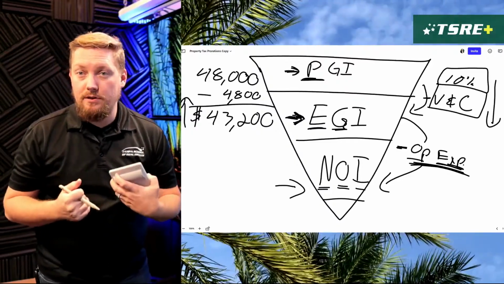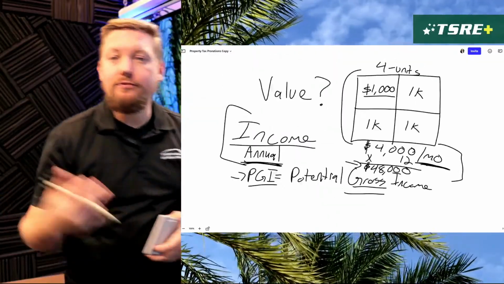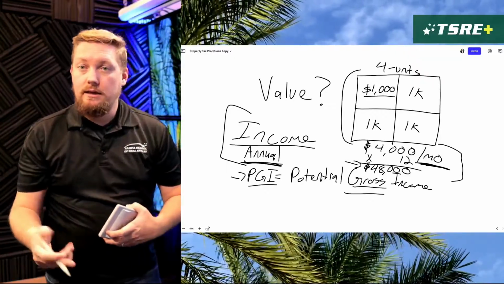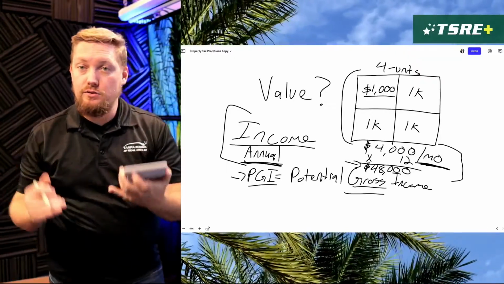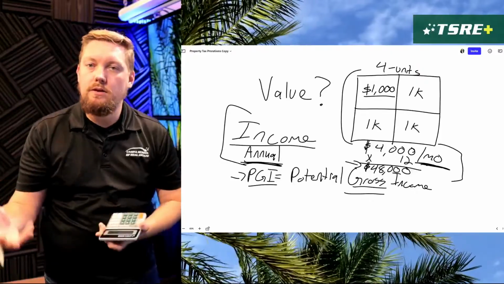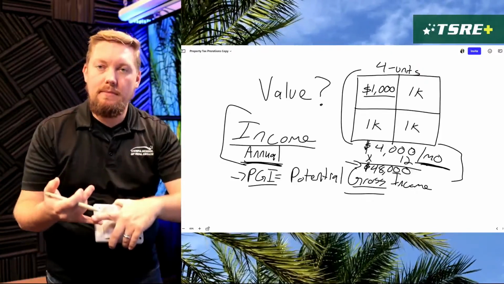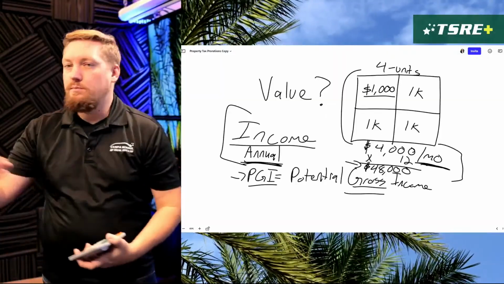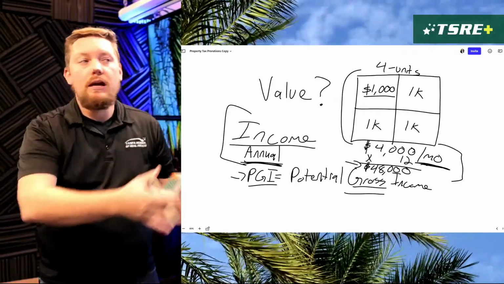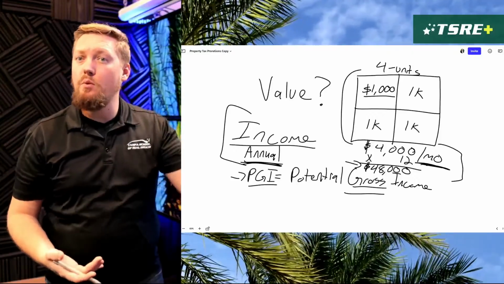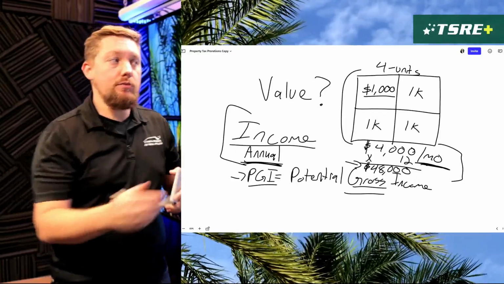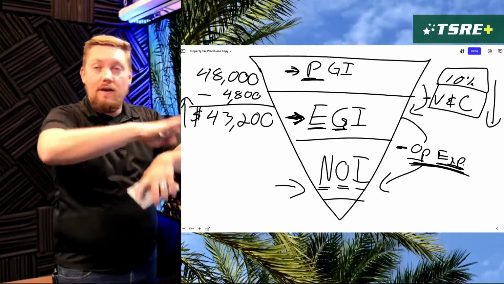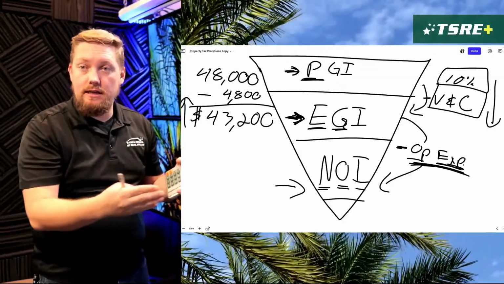Because as the property owner of this investment, you could force the appreciation, and you do that by being able to raise the rent. Now, how are you able to raise the rent while not increasing your vacancy and collection losses? Typically, you have to improve the property: improving the management, improving the condition, improving appliances, improving common areas, improving the pool, improving whatever aspects will make people pay more money for this property. And when you do that and you could earn higher money in rent, that's automatically, if everything else stays the same, going to increase the income.